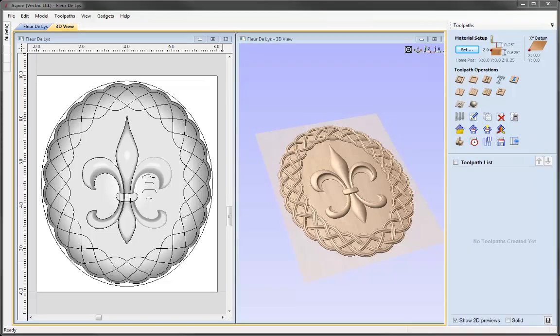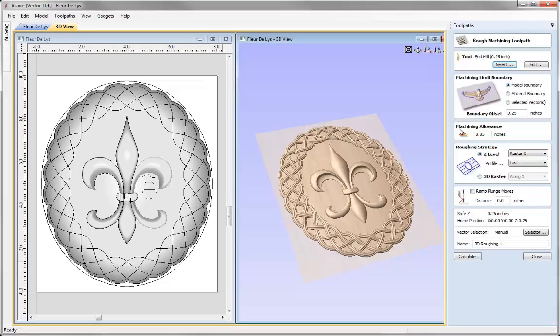So we're going to start by looking at the 3D roughing toolpath, and this allows us to hog out the majority of the material with a larger tool to make it safe for us to come back and go in at the detail with a smaller tool. So let's just go in, it's this icon here, the 3D roughing toolpath. And so what we need to do here is we need to start